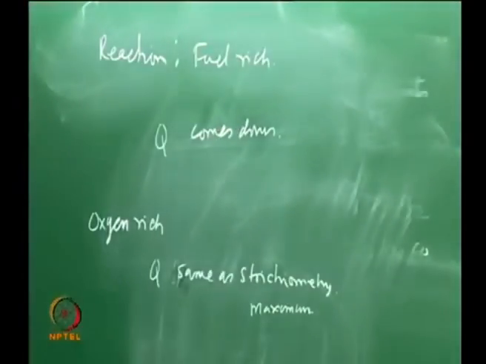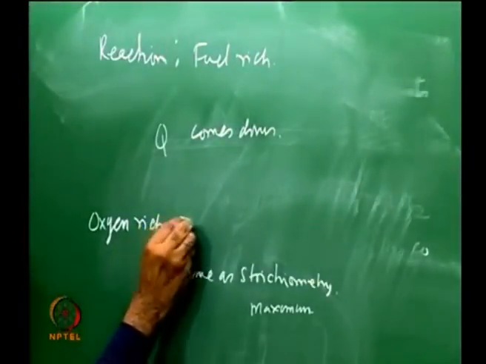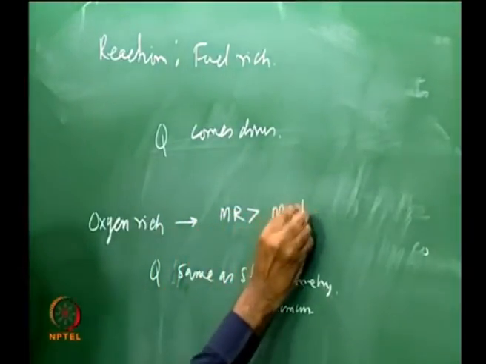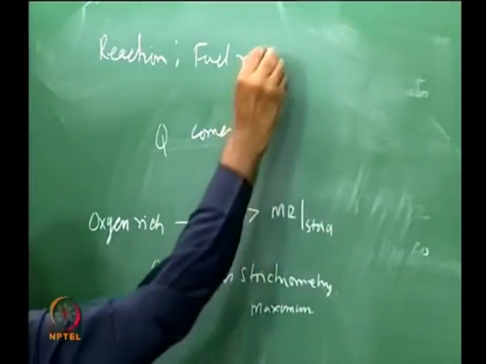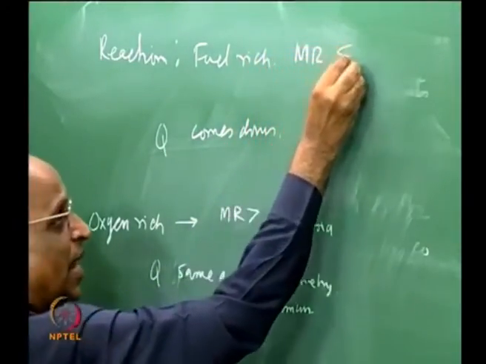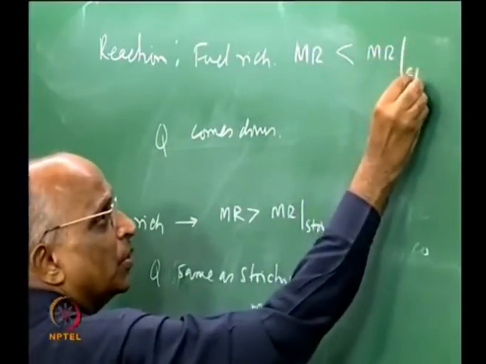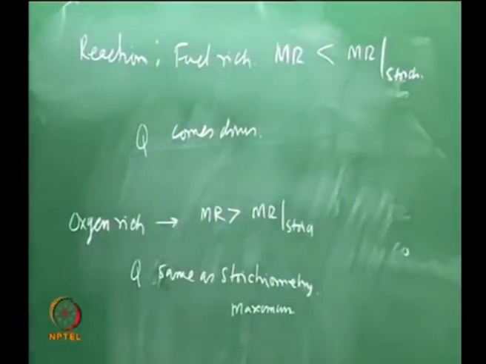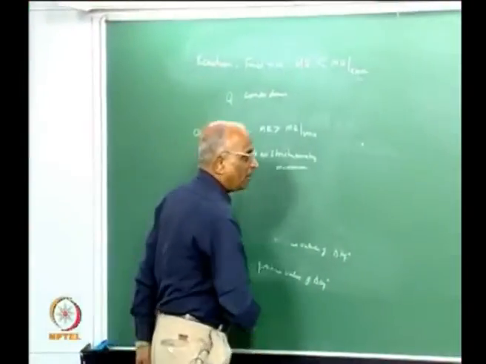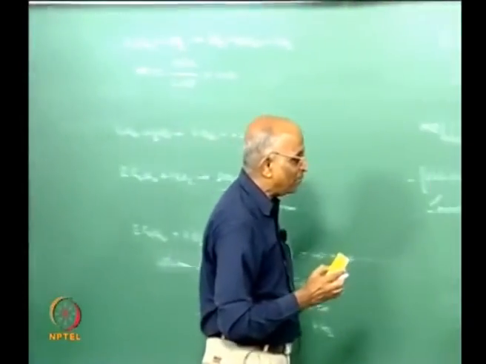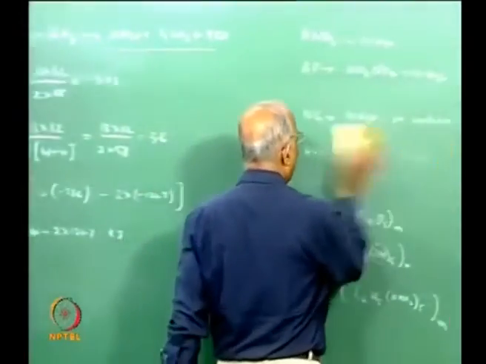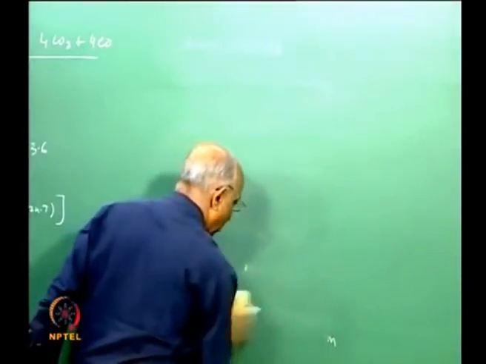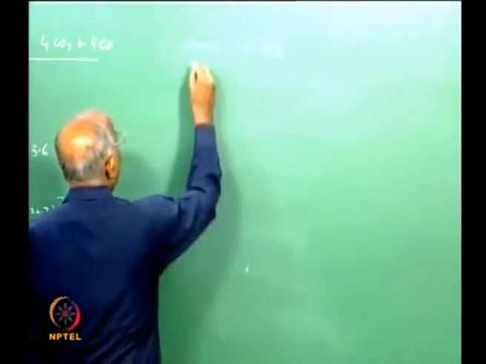If this is so, I again ask myself the last question: oxygen rich means the mixture ratio is greater than mixture ratio stoichiometry, fuel rich means mixture ratio less than mixture ratio stoichiometry. Is it right? Now I want to plot these results out. Let us plot it out. We now see, our aim is to get a high value of temperature, or we are still debating what must be the choice of the proportion of fuel and oxidizer to be used as rocket propellant. So now I want to plot this out.